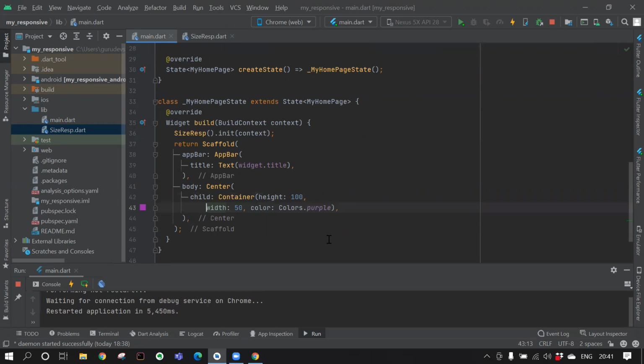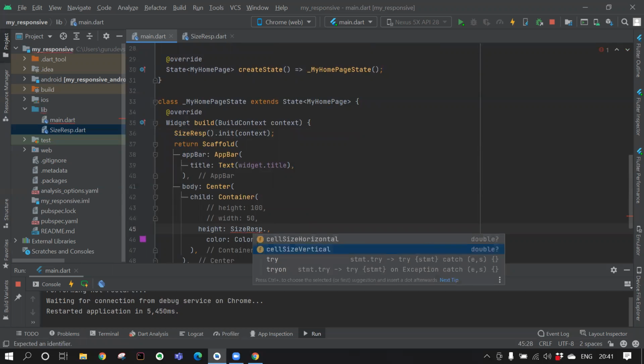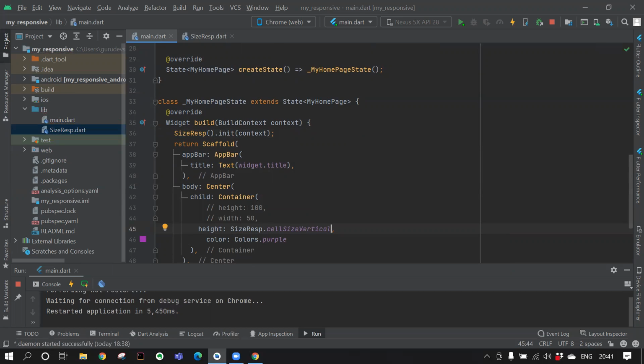So I'll firstly just make the UI layout very good for visibility. How we will use the height is, I'll just uncomment this code and I'll show it at the bottom again afresh. Height, so it's having size rest dot cell size vertical. Now this is one cell size, and then we'll multiply the number of cell sizes that we require. For example, the height we need is suppose 60.